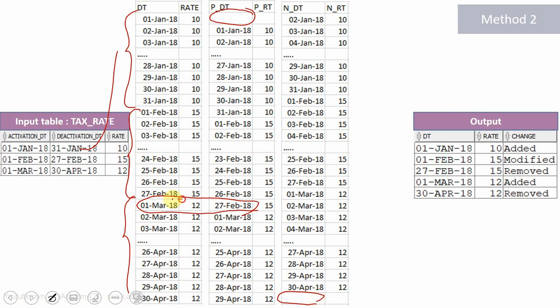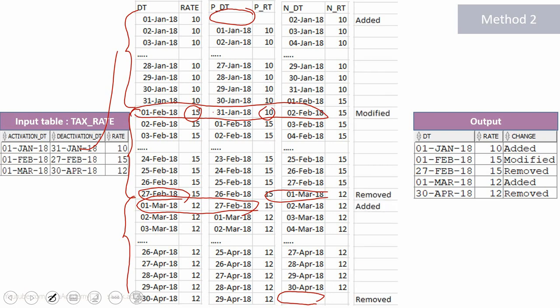For example, for 27th Feb, the next date is a discontinuity, so here we can consider it a removal. Wherever the date is continuous but the rates are different, for example here the date is continuous, 1st and 31st, but the rates are different, in this case it is modified.